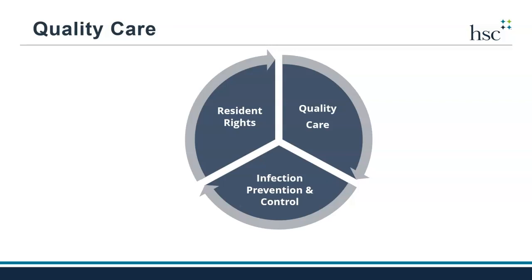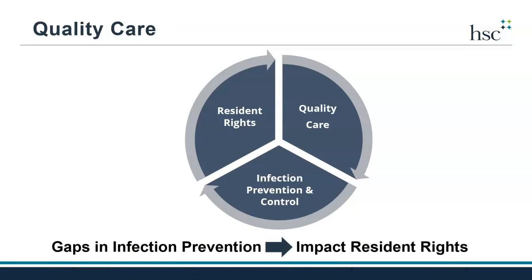And as all nursing home communities experienced during the COVID-19 pandemic, infections that are not controlled in some nursing home communities can result in changes that impact a resident's rights in all communities, such as visitation and freedom to participate in activities. Residents and their families have a right to quality care. When nursing home communities work side by side with residents and those closest to them, such as family members, to prevent and control infections, this demonstrates a commitment to quality care that preserves and promotes resident rights.